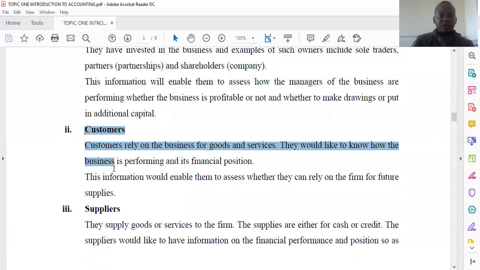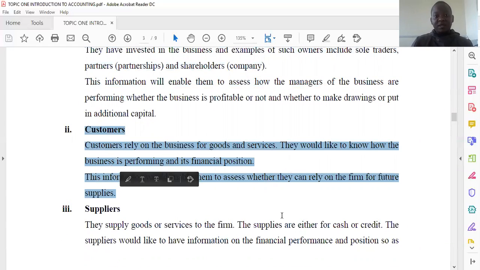And then the other users of financial information are the customers of the business. The customers rely on the business's goods and services. They would like to know how the business is performing and its financial position. So this information will enable them to assess whether they can rely on the firm for future supplies. So serious customers, like say the government, would want to know whether their suppliers